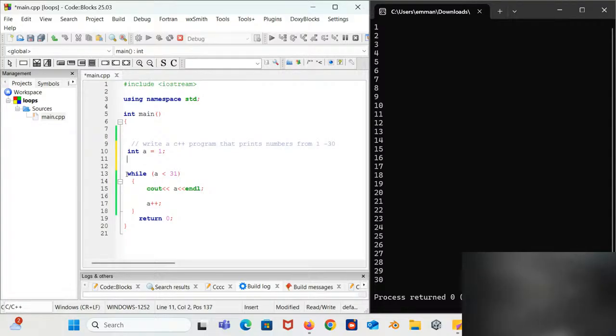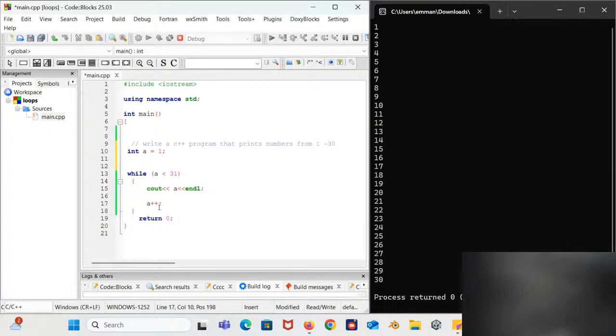So with C++, in order to express the while loop, you first have to write the keyword while, followed by parentheses. In the parentheses, you have the condition that is supposed to be checked. For the while loop, the block of code will be looped through, that is, this action will be done, as long as this condition is true. The action is that we cout a, and then a++.